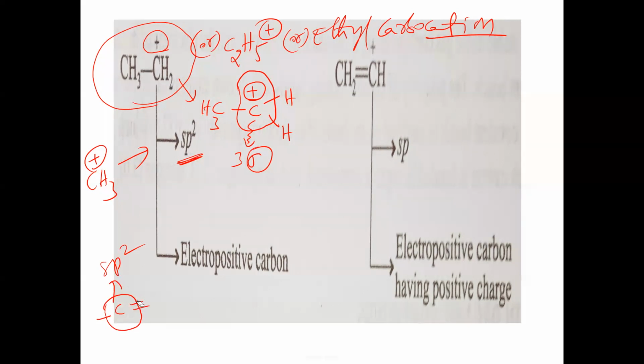Here in this case, one pi bond is there and 2 sigma bonds, and it is neutral, no positive charge on this carbon. This neutral carbon atom has one double bond on one side and one single bond on the other side, so it is again sp2. Here it is a charged carbon, C plus with 3 sigma bonds and no pi bond, so this is also sp2 carbon. This point keep in mind.